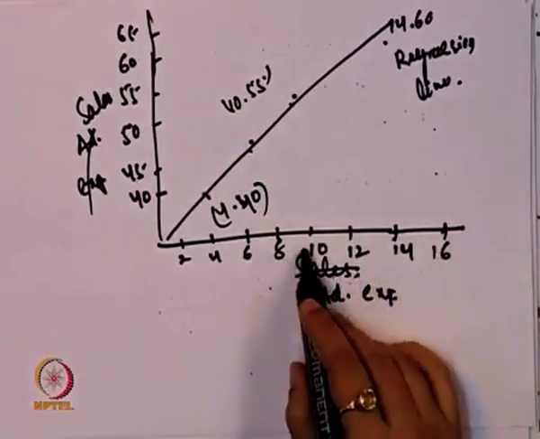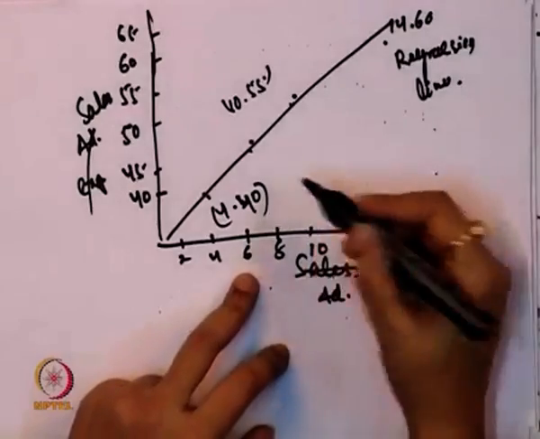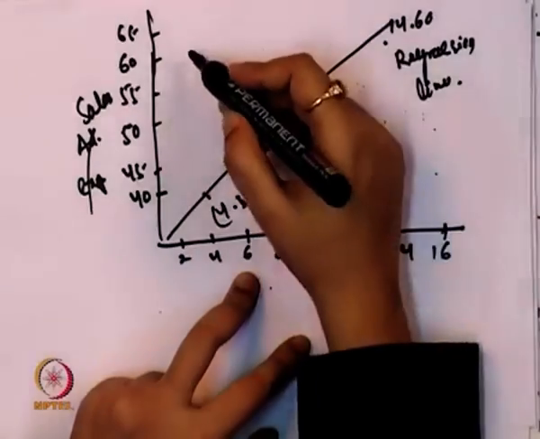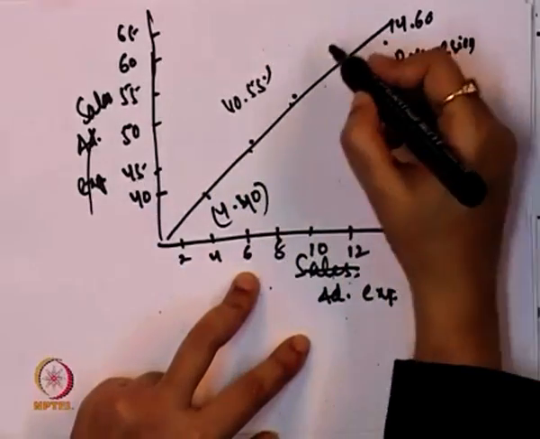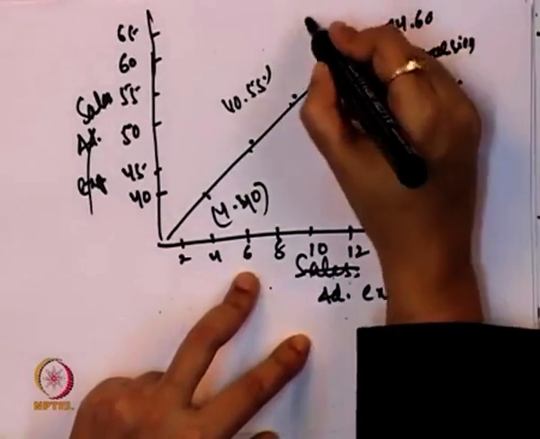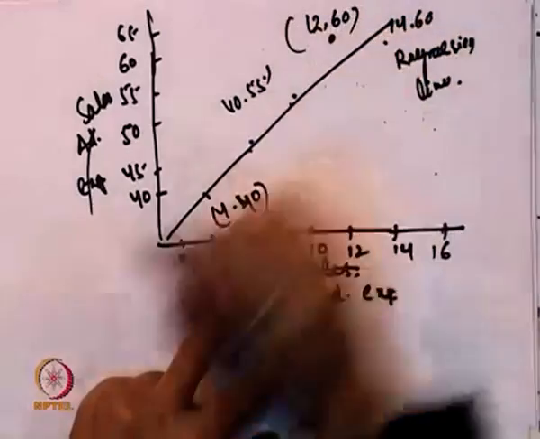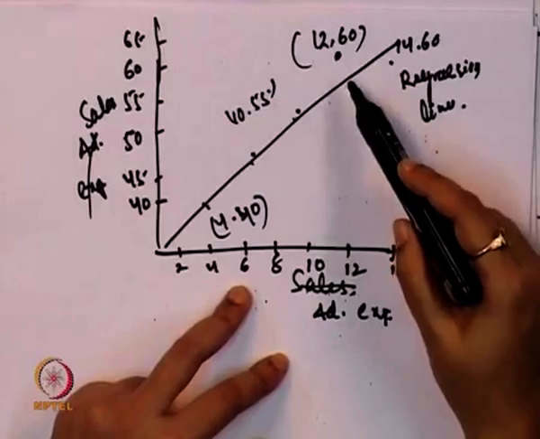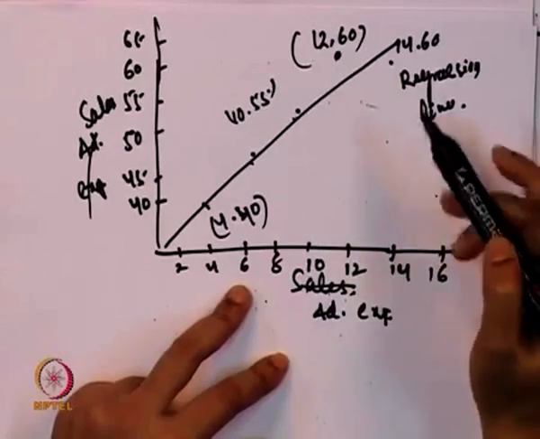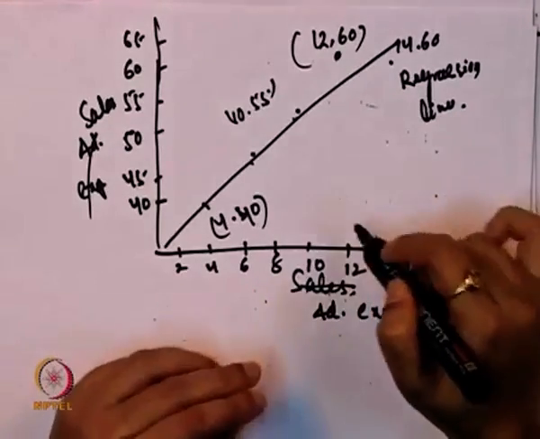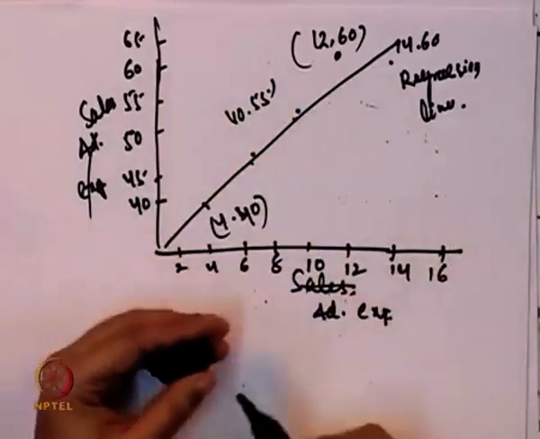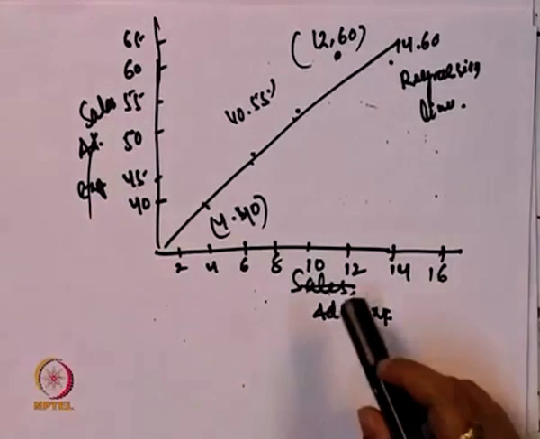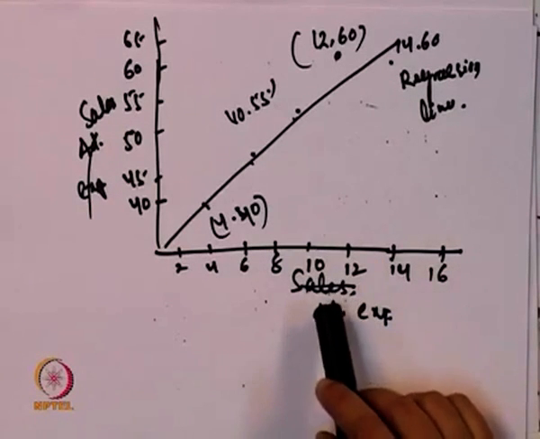There is a possibility that there may be one combination where the advertisement expenditure is 12 and the sales is 60. So in that case, this is the combination, suppose 12 and 60. Okay. So if you look at this combination, this point is not lying on the regression line. So if you put it in a scatter diagram, this is what this representation is generally called, a scatter diagram, and it shows a relationship between two variables.